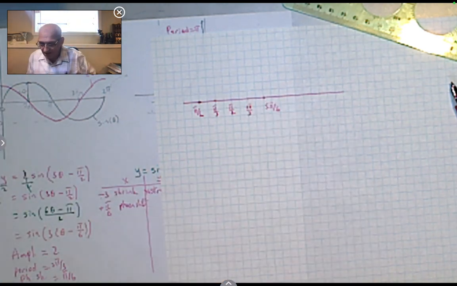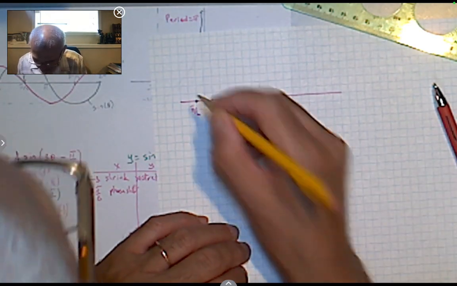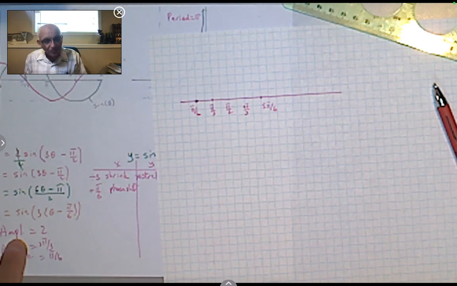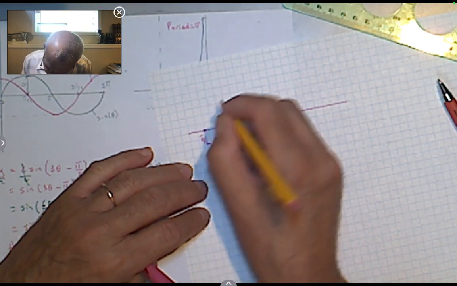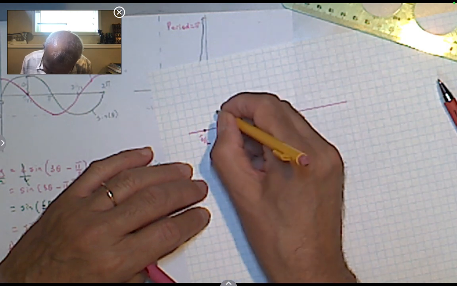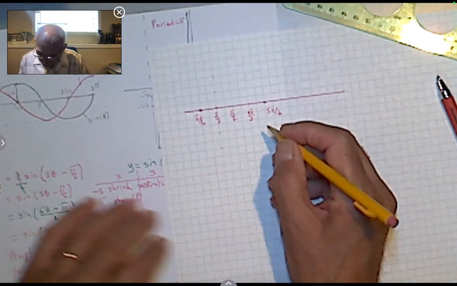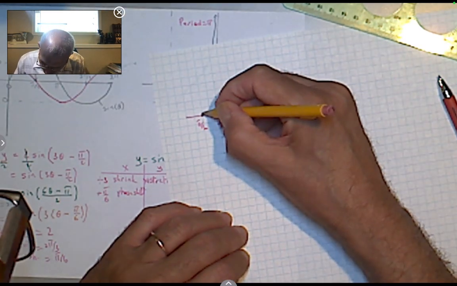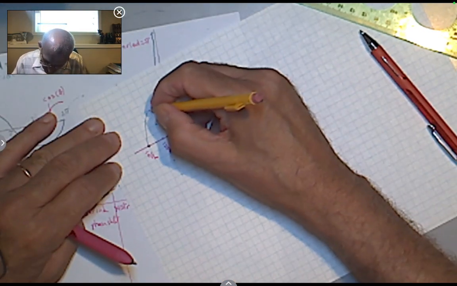And finally, 5 pi over 6. I'm going to start here. Notice the amplitude is 2. So the maximum, I'm going to say this is 1, this is 2, this is -1, this is -2. So I'm going to reach the maximum and then go back to 0